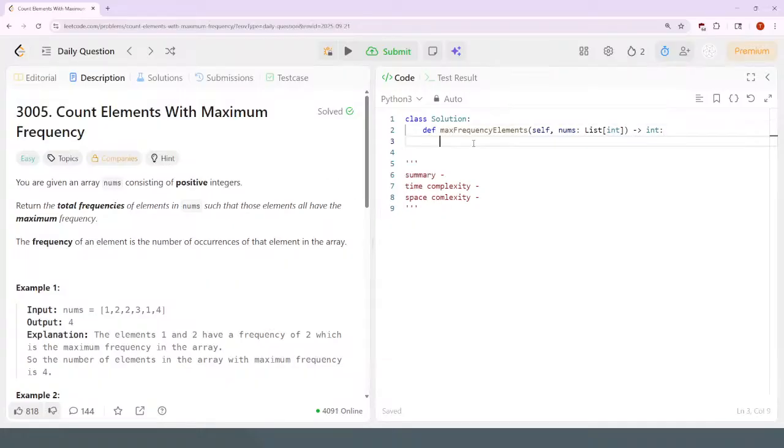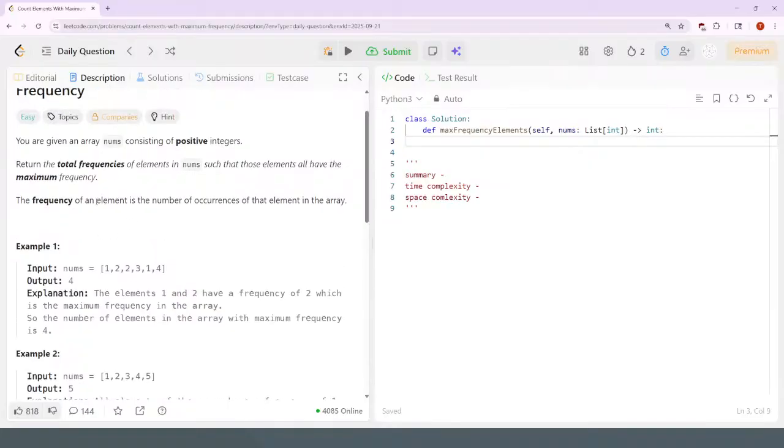But anyways, count elements with maximum frequency. Previously solved this one. That's easy, so I guess I can read it again. You're given an array of numbers consisting of positive integers. Return the total frequency of elements in nums such that those elements all have the same maximum frequency. So 2 and 1 both have the highest frequency of 2,